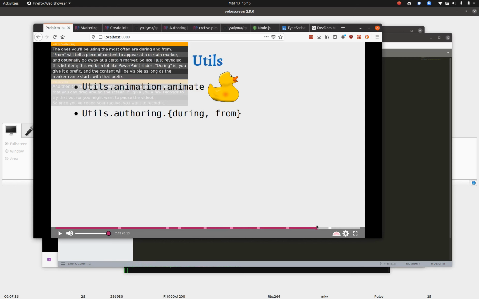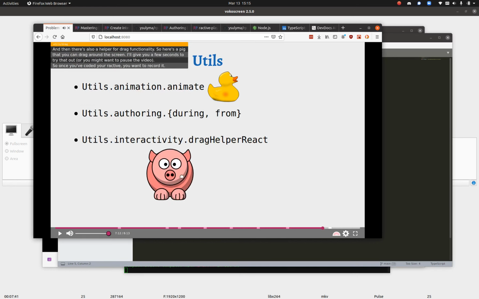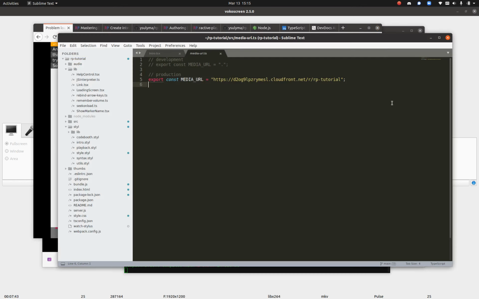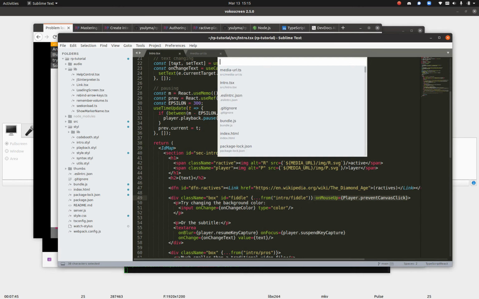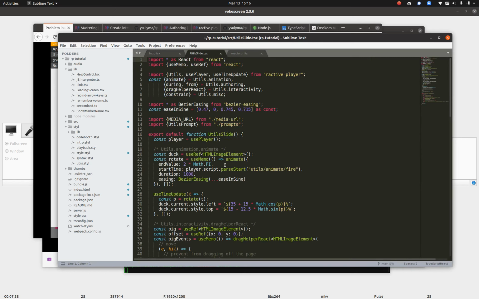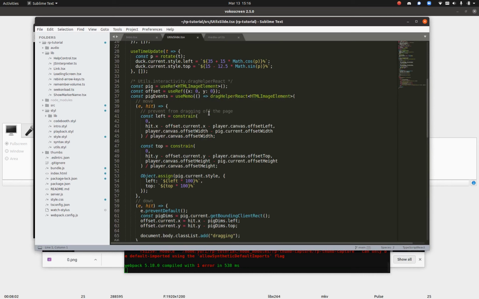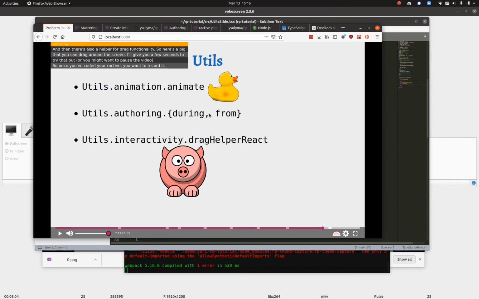Okay, so that's out. Or you might show you how to use one of the drag helpers. Dragging and dropping is a bit of a tricky thing. So where's the utils slide? Yeah, so here's the code for the utilities slide, which shows how